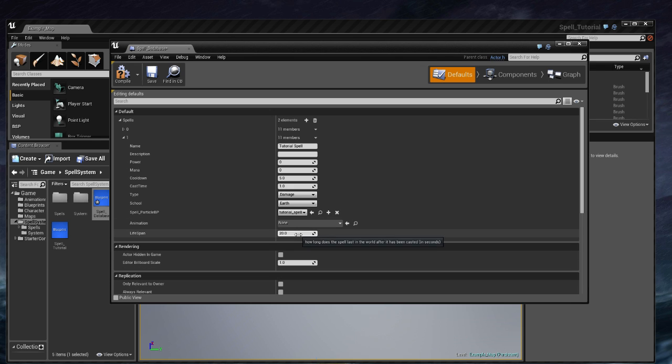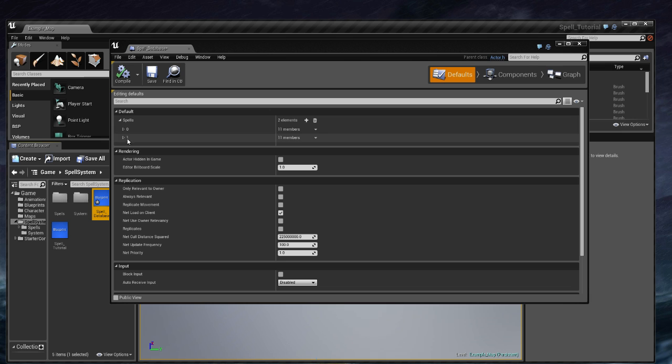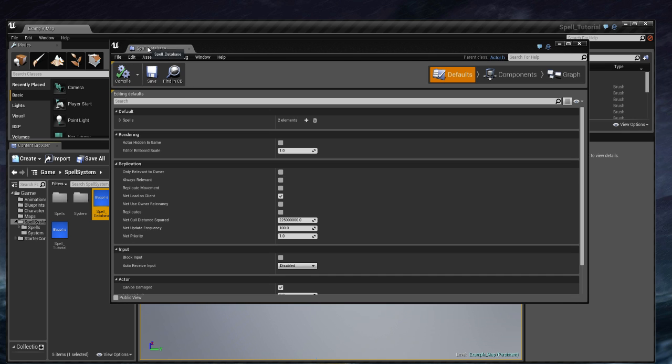This can be effectively used to limit range of particles, because we can limit the range of the spells, of particle spells, projectile spells. Once we cast the spell, it will be only in the world for 20 seconds. If it hits something prior to that, then it will do whatever you program it to do. If it doesn't, then after 20 seconds it gets automatically destroyed. What we should note is the ID of the spell as well. In this case it's 1. We can compile the spell database